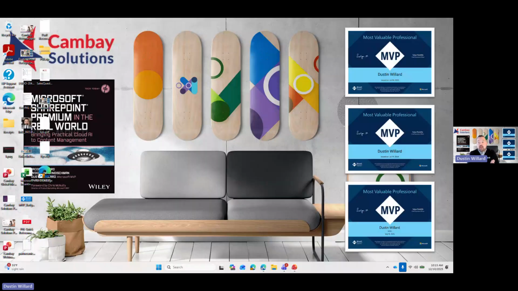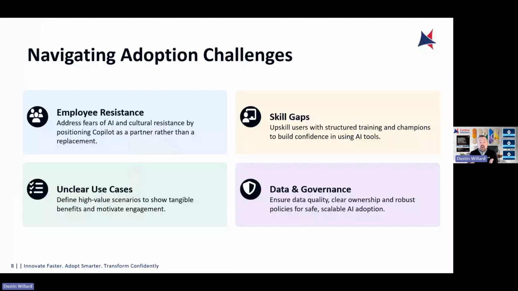And really, then the skills gaps. A lot of people aren't trained. A lot of companies that we work with had initially rolled out Copilot and turned it on, and the adoption goes like the cliffhanger game on The Price is Right. So it's really far up, and then it drops off the cliff. And that's because people don't know what they don't know.